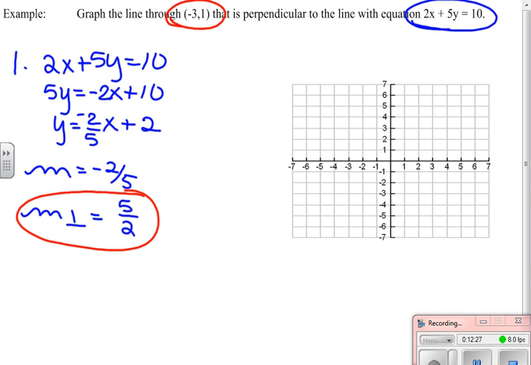This point, so negative 3, 1, and I'm going to go up 5, right 2, then down. There. Just for reference again, I'm going to put that other one up here so that you can see that it goes, that it has